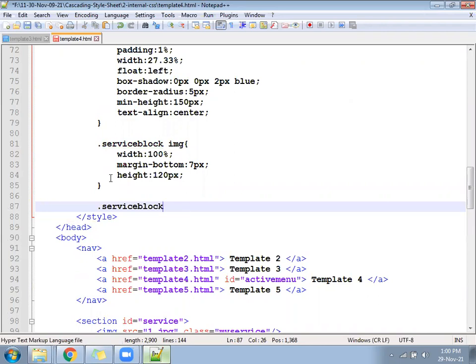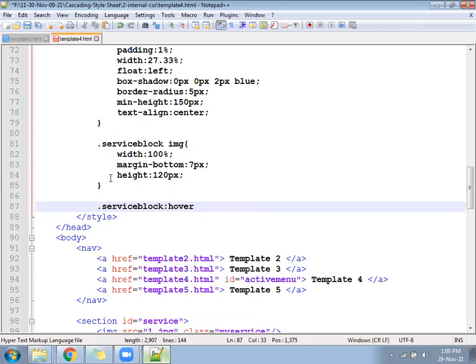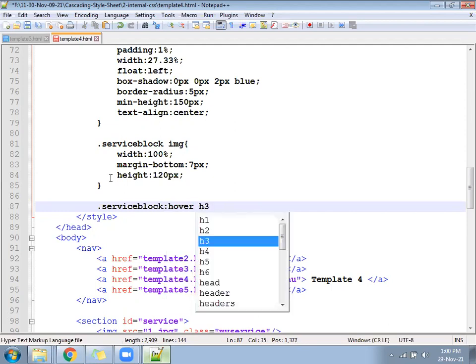If you are going to beat someone's guardian, then his children have to cry. The effect has to happen to the parent, and then the affected will be the child. So service block colon hover, space, H3.